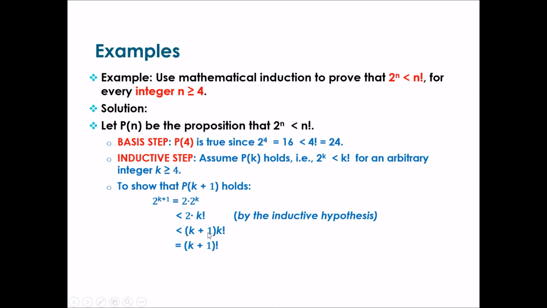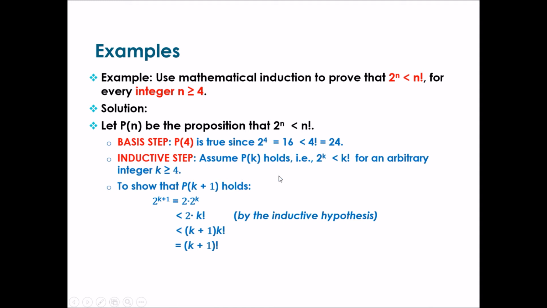Now k factorial is as it is, and we just replaced 2 by k plus 1. Since k is greater or equal to 4, keep this fact in mind, the least value of k can be 4. So we can have k plus 1 as 5, but 2 is less than 5. So 2 is always less than k plus 1, so this inequality is not altered by substituting this. So we replaced 2 by k plus 1, and k plus 1 multiplied by k factorial